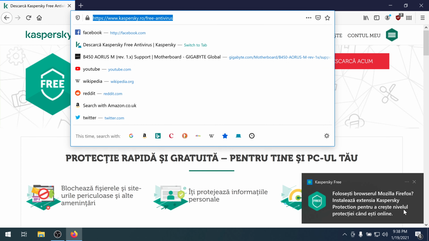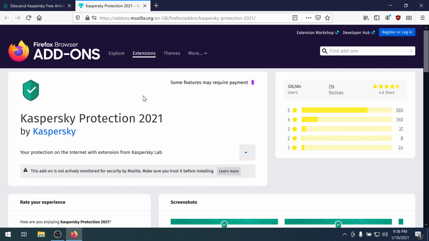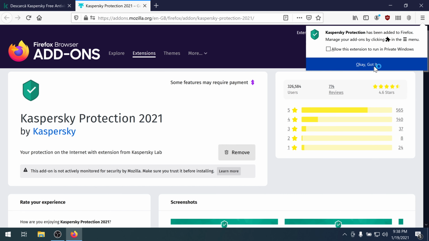Yeah, and here it pops up. You can click on that or search on Google Kaspersky Protection 2021, add to Firefox. So it can protect you before you download anything.